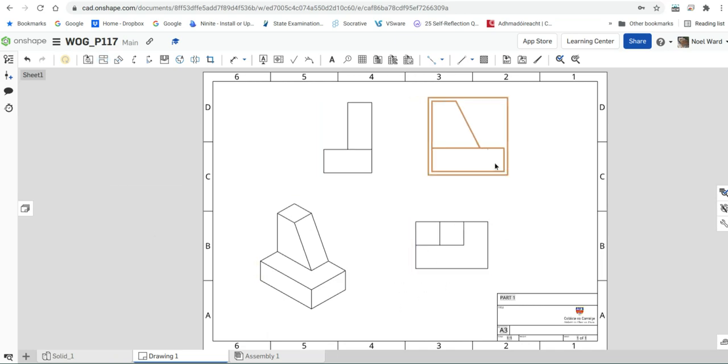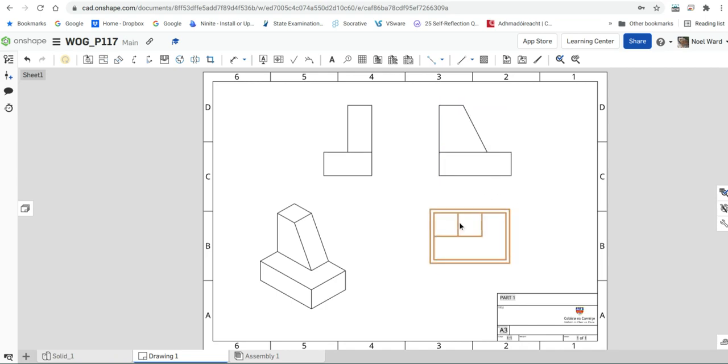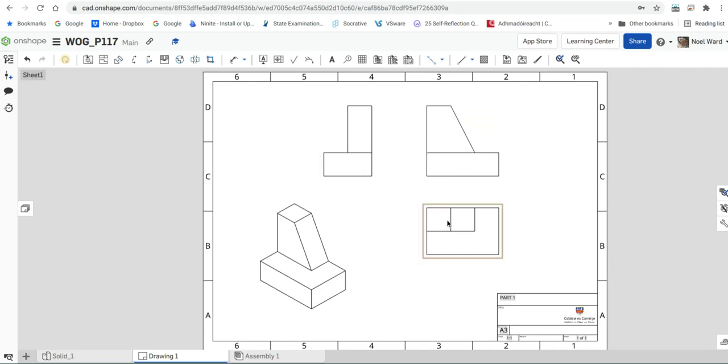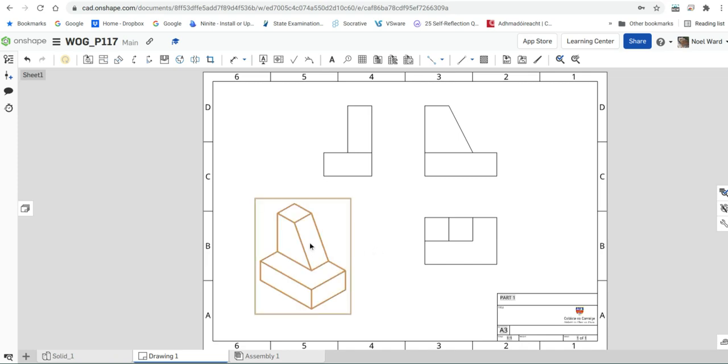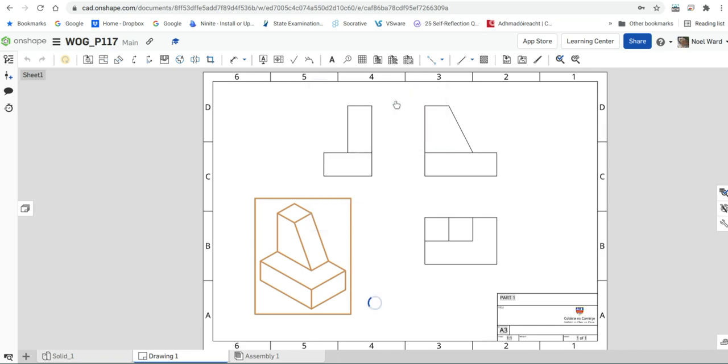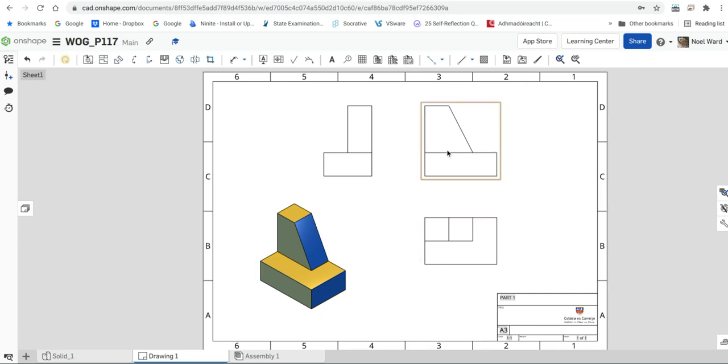I want these three views in a way, and now I can move them around and position them wherever I want. So the super advantage in this here is you can lay out your sheet very, very accurately. Then I'm going to show you how you can put in colours in this here. So I'm going to click this view, and I'm going to right click it, and it'll show view orientation. Don't want to change that. Show hide at the top, and if I slide into shaded view, that should apply all the colours that I have there. And I could do that with each of these views,